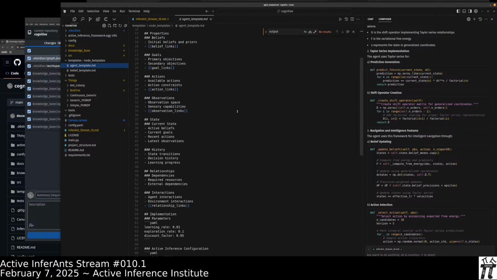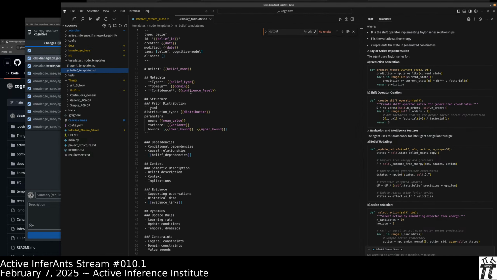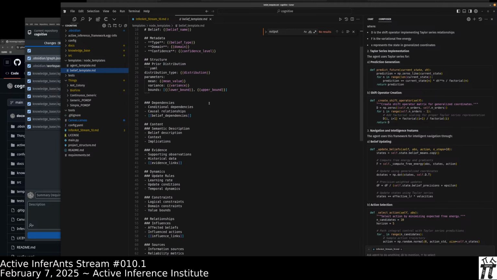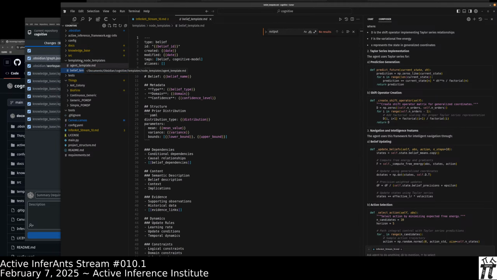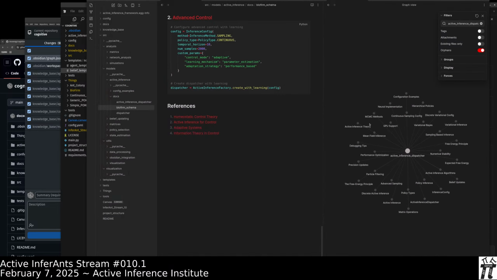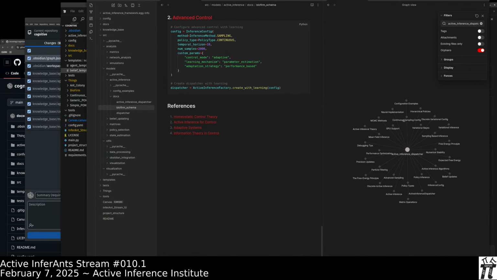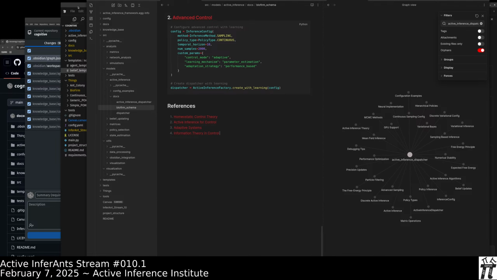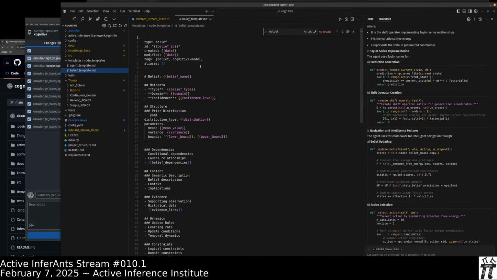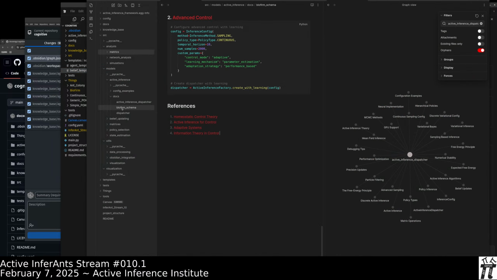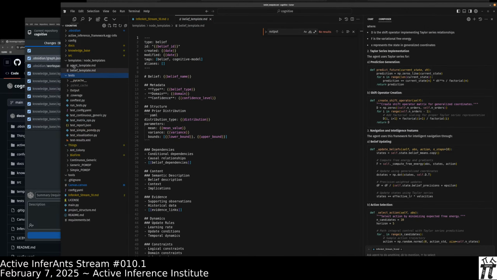Okay, templates: agent template, belief templates. These allow a variety of things. Again, they're just examples of templates, but since the nodes in Obsidian, being plain text files, can also be anything, templates can be wildly useful because they're used for so many things. Okay, now let's get into some of the code sections for tests.